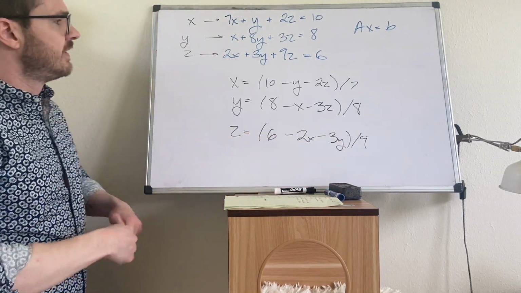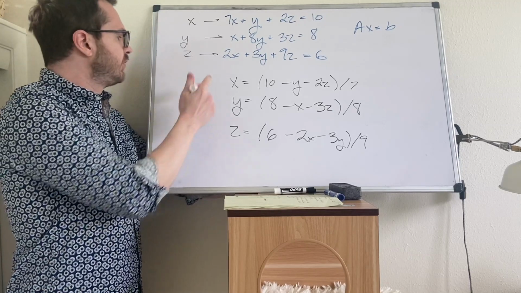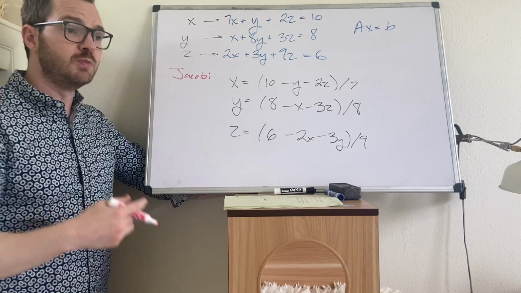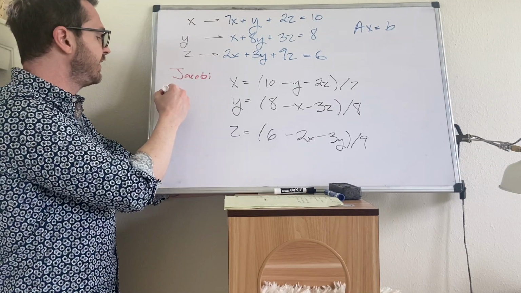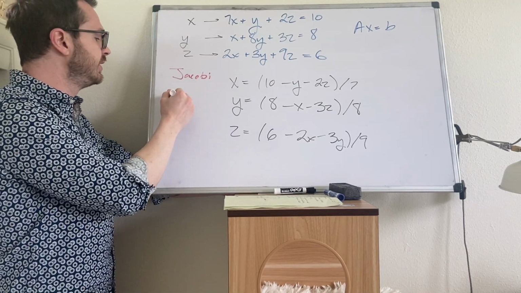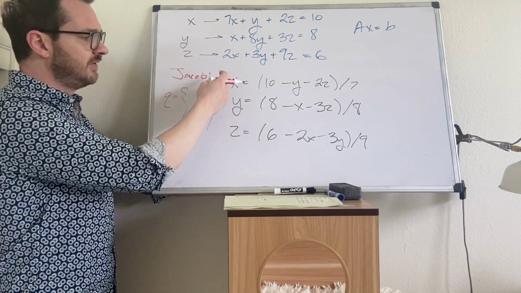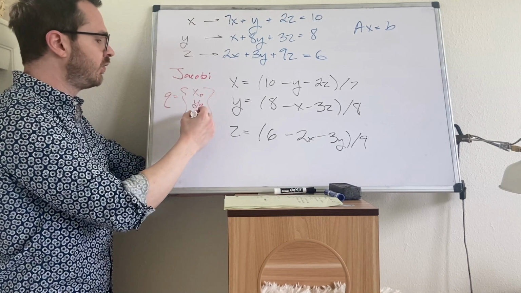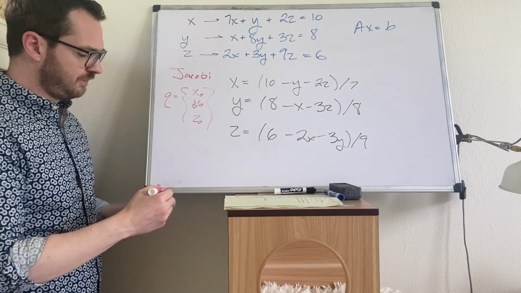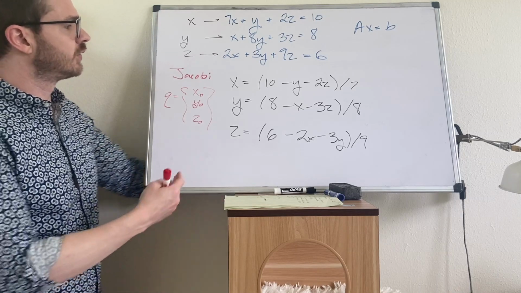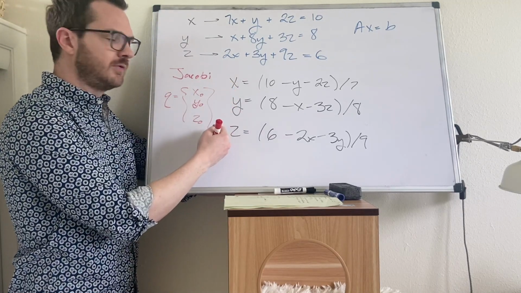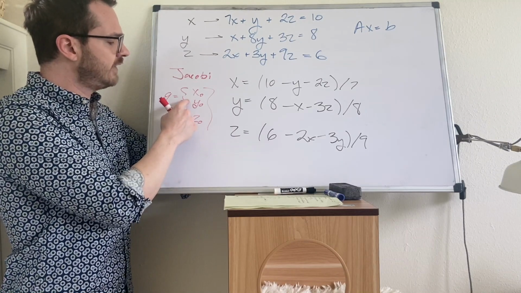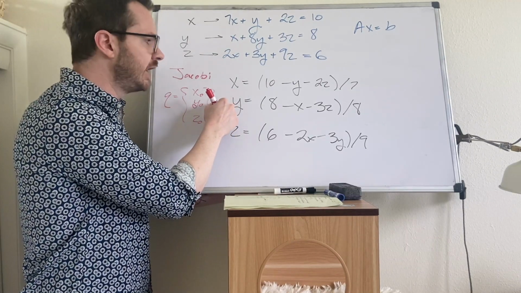Well, what we're going to do is start with the Jacobi method. And in the Jacobi method, you pick some initial conditions. We would say, let's make a vector, I'll call it q. q is equal to the states x, y, z, and we pick some initial values x naught, y naught, z naught. What we're going to do is run through these equations. Okay, and we're going to loop through these equations. We're going to take the values of x, y, and z, put them into these equations, and then we're going to